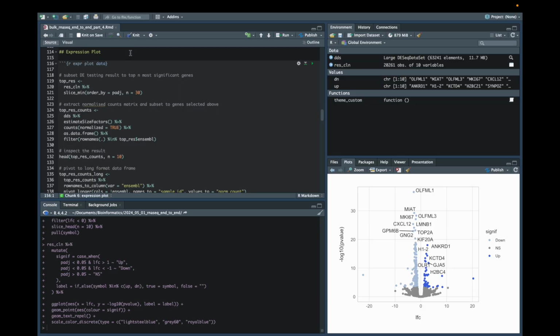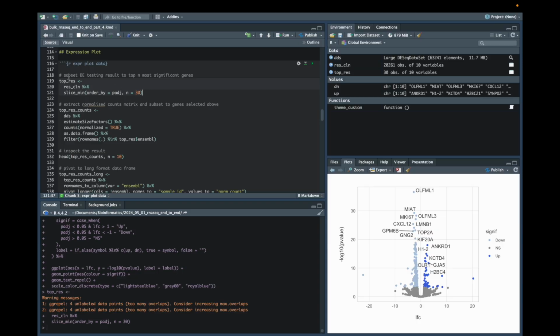To build a basic expression plot, we first need to extract the normalized counts for the genes of interest. So in the following example, I've chosen the top 30 most significant genes, but this could be tailored to highlight, for example, a specific pathway or gene set as well. So what I'm doing here is extracting the 30 most significant genes and assigning that to this top res object. And then we're asking for the